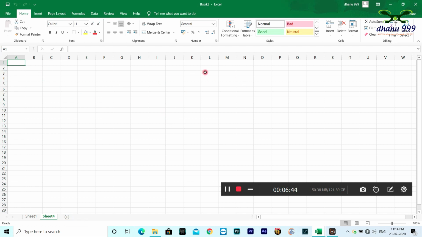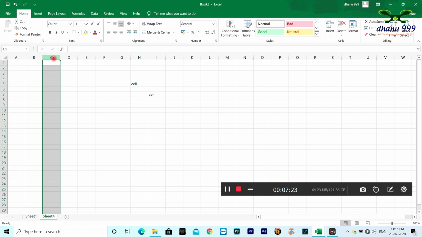In the user interface there are many boxes, and each and every box is called a cell. The vertical ones are columns and the horizontal ones are rows. The alphabets located in the columns are column alphabets, and the numbers located here are row numbers.